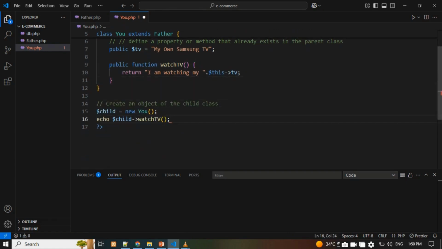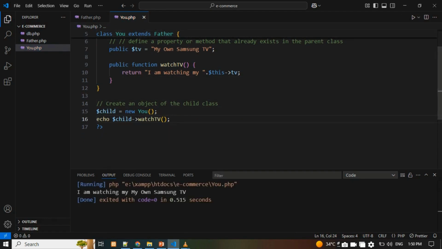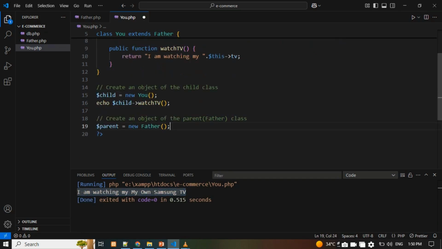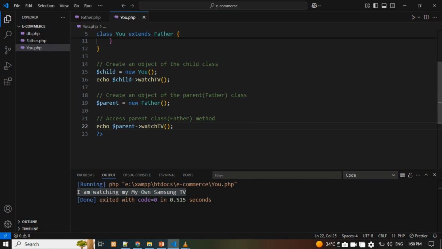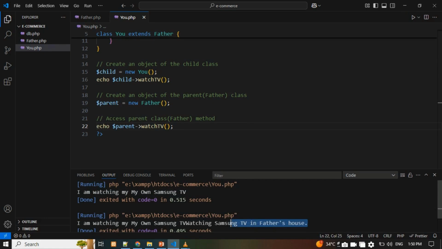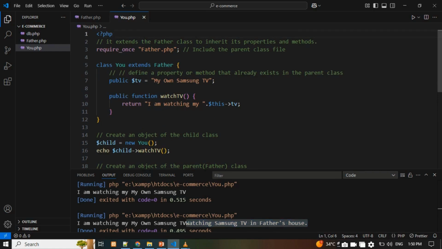Now, when I call watchTV, it overrides the parent class method, displaying the new message, "I am watching my own TV." It is also worth noting that if we create an object of the parent class and call the same method, watchTV, the parent class's properties and methods remain unchanged. This concept is known as single inheritance, where one child class derives from one parent class.